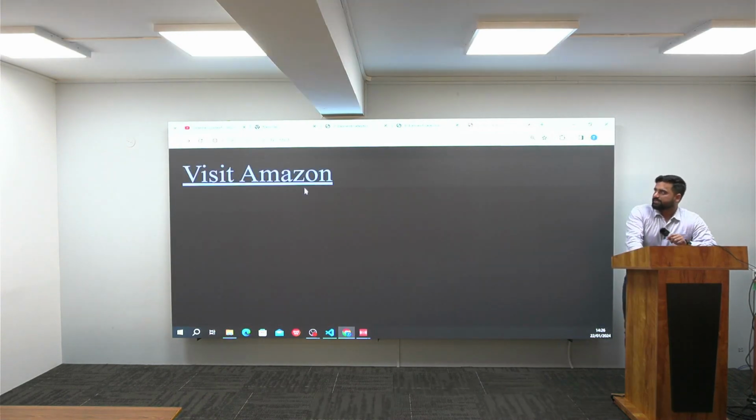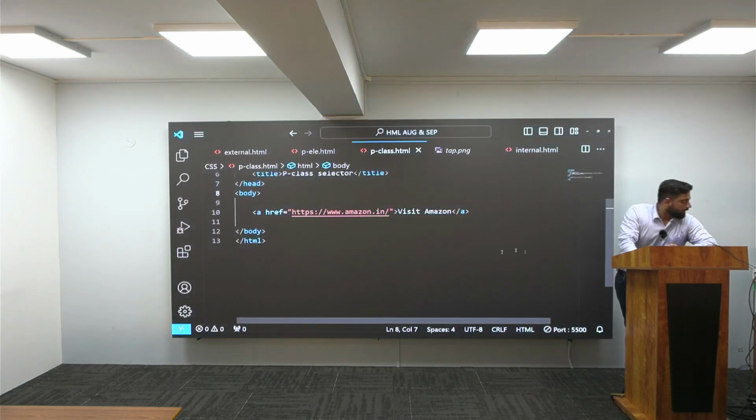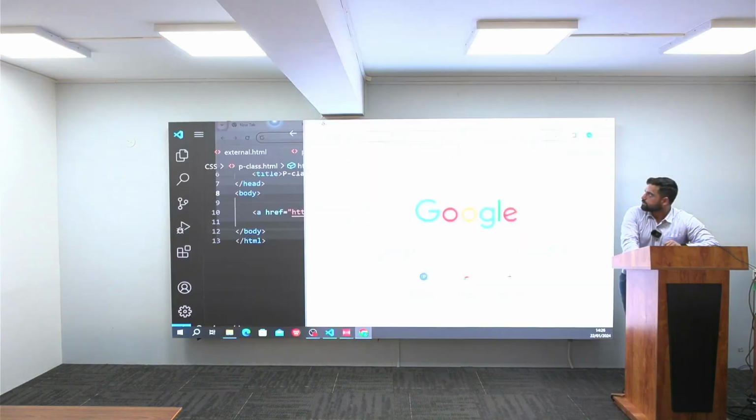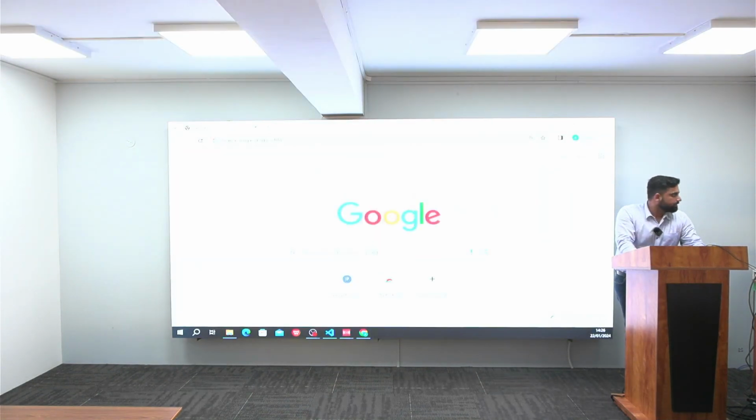That red color is not visible because it's a black background, so I can open one other browser. Let me check which one has a white background. So let's execute here.